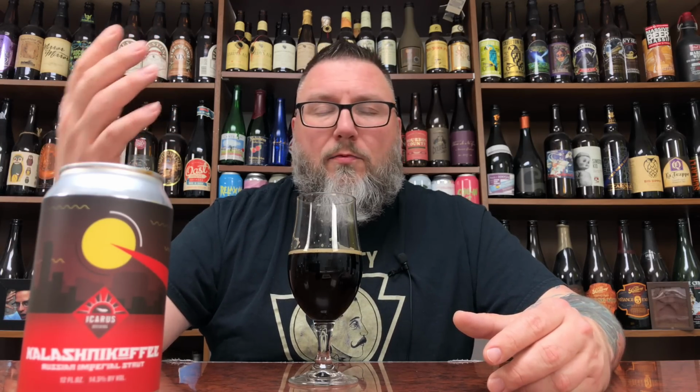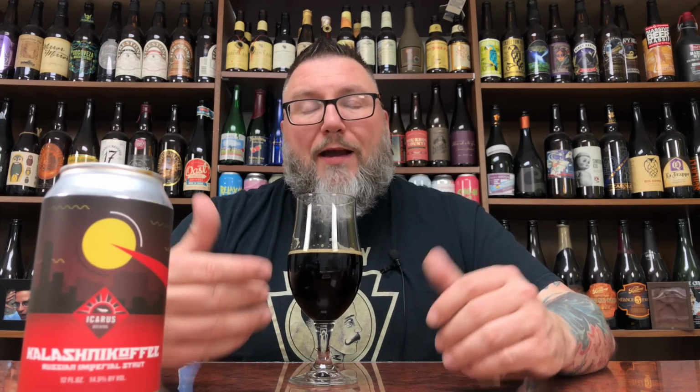The coffee is big and bold and toasty and roasty, and it has an extra component to it. You know, nuts or pecans or whatever you want to call it. I don't know if that's adding that extra component to the coffee, but there's something extra level to it outside of that sweetness from all the other bits and pieces. It's just rich and robust, and there's a nice bittering to it. Like I said, from the roasted malt to the coffee, the hops, there's enough bitterness to bounce off that sweetness